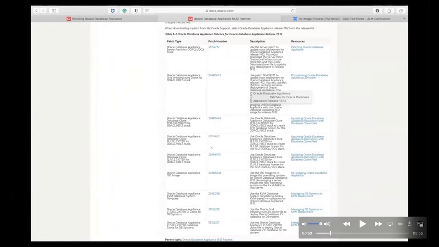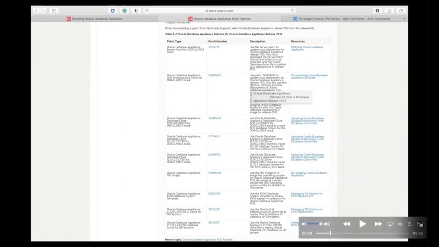We're not going to do it in this demonstration. And quickly, let me tell you the next ones. This ISO image is the file that is required to re-image a system if you want to start over. And then underneath, there are 3 more. This one says KVM database system template. This is required if you want to create a new DB system, a new KVM for Oracle database. And it's not part of this demo, but it must be installed after the patching, if you want to do that. And the last 2 are the Oracle Database 21c,